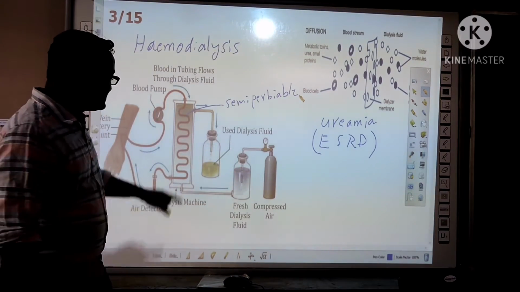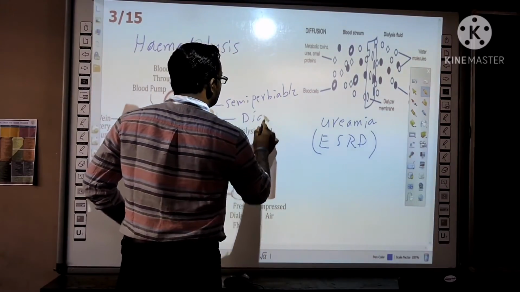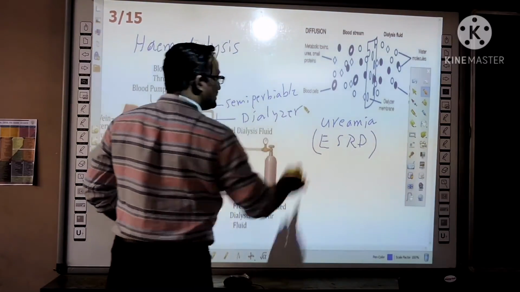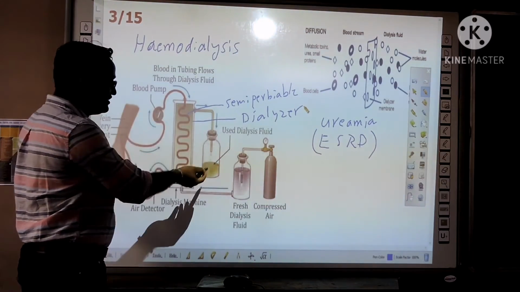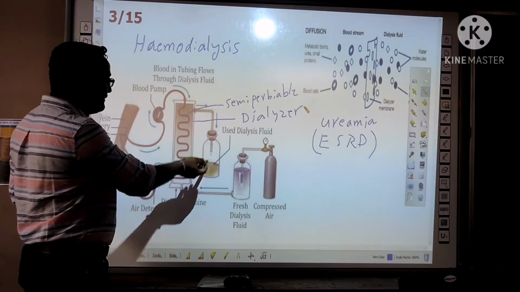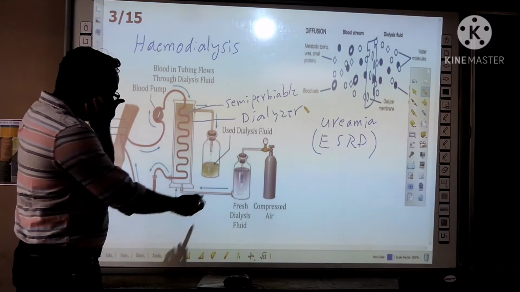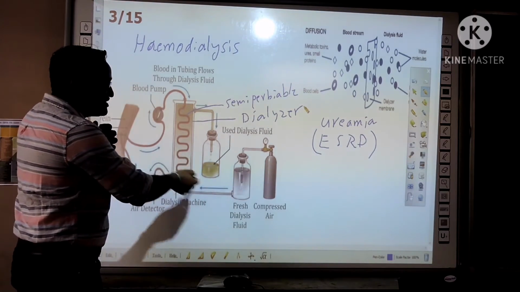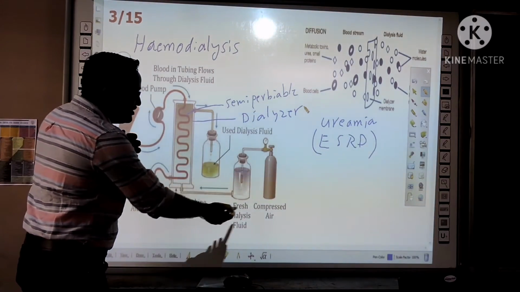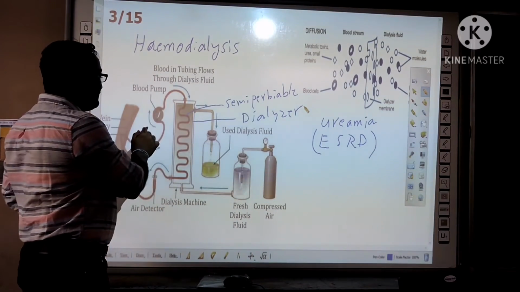And this machine is called the dialyzer. Understand? The dialyzing fluid is pumped into the machine. It is pumped by using compressed air. So what happens? The blood is